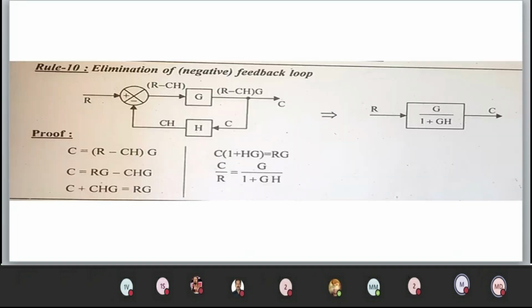Elimination of a negative feedback loop: you have a negative feedback H, and you are going to eliminate it. You use basic mathematical laws. G divided by 1 plus G of H. Since the feedback H is towards a negative summing point, you have to use 1 plus G of H. This is not by assumption. This is based on simple mathematical rules. So don't think it is by assumption. It is by fact.